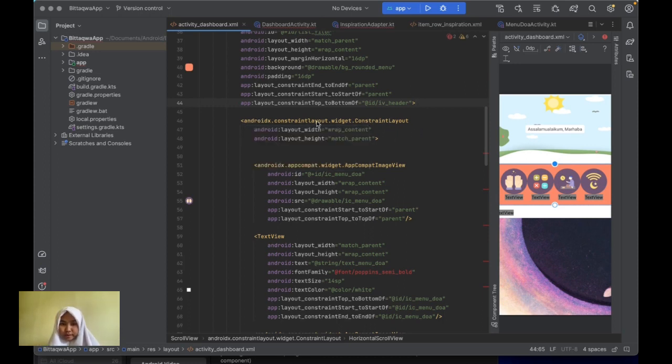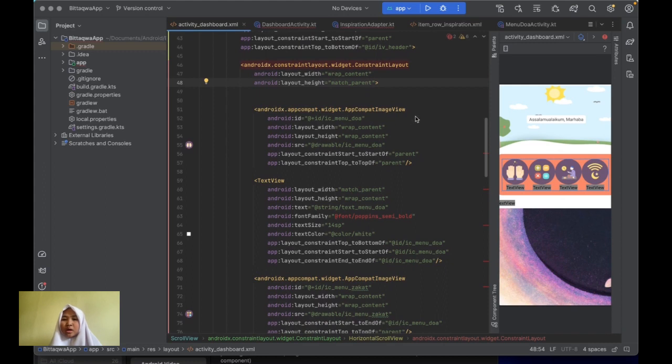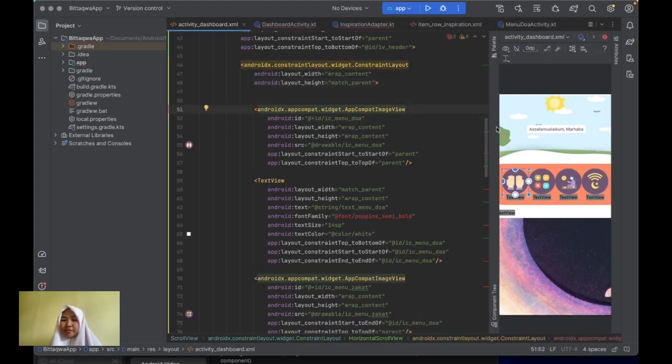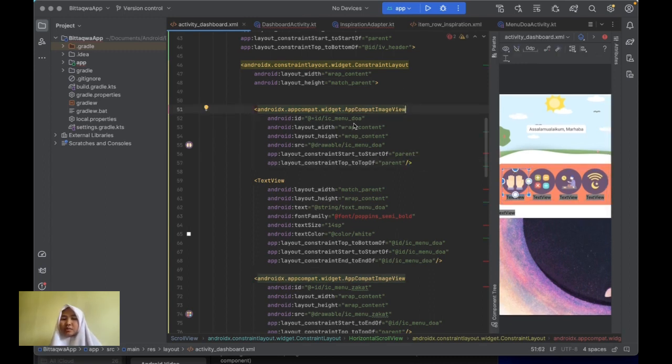And then we give a new component, a constraint layout for the list feature, and the layout width is wrap content, and the layout height is match parent, and we close but not completely, and then we give an image view. The image view is the icon, and the ID is the ID we give. The first ID is icon menu doa, and it's this here. The first icon is icon menu doa, this icon, and then the layout width we give wrap content, and